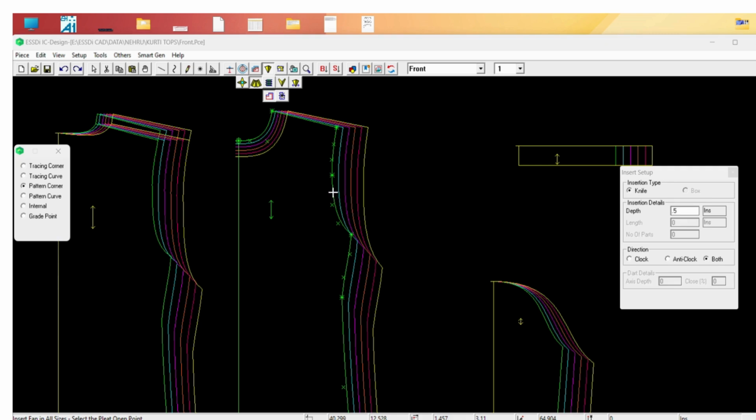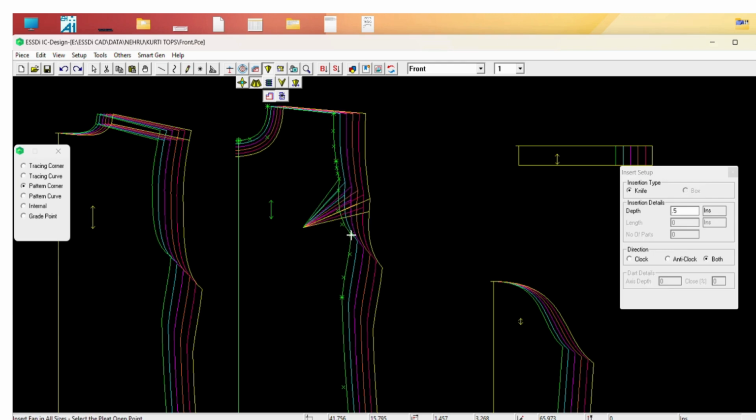Second click, select the apex point on the body where the pleat should extend. Third click, select a grade point beyond which the pleat effect should not extend. Final click, select the grade point on the opposite side where the pleat